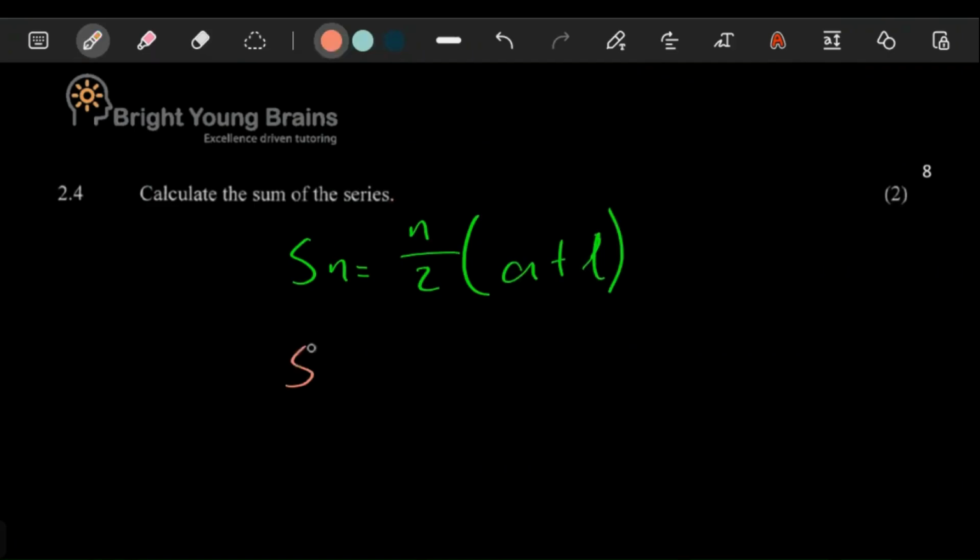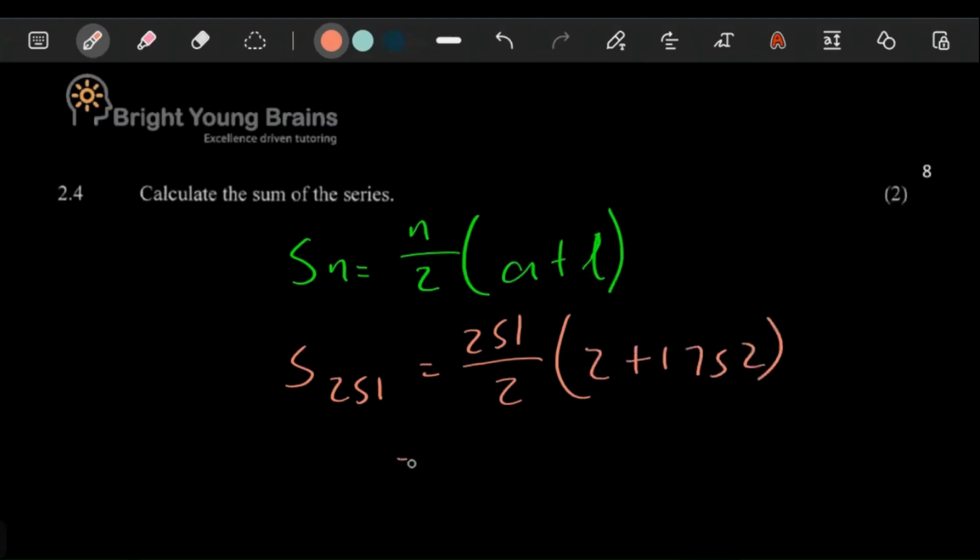So here you can say the sum of the first 251 terms. A is the first term, which is just 2. The last term, you know, is 1752. And then all of this you put into your calculator, and the calculator gives us